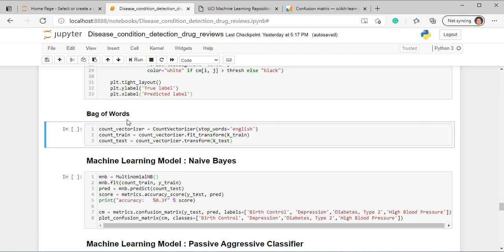Based on those frequencies the machine learning algorithm understands which particular word is playing an important role in identifying or classifying any sentence.